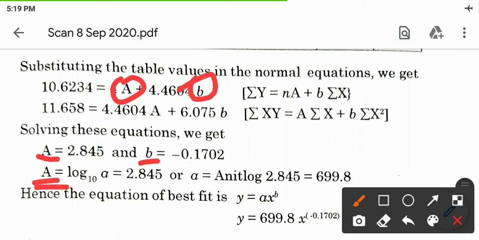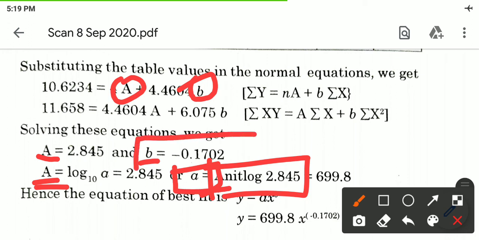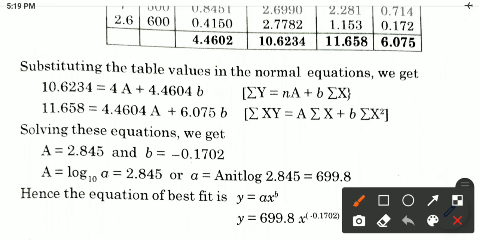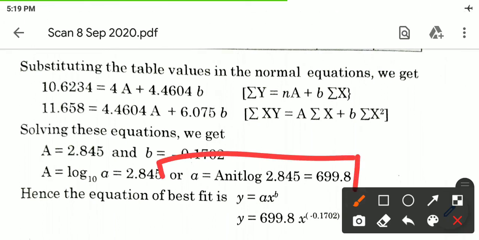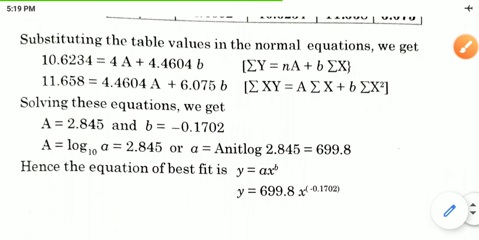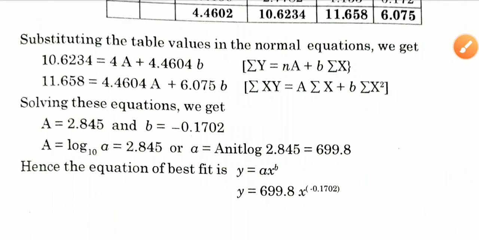If you have capital A, then the anti-log of capital A gives small a. The value of B is here. The value of A is here. So you get y = a·x^b. Put the value of a and the value of b in the equation, you get